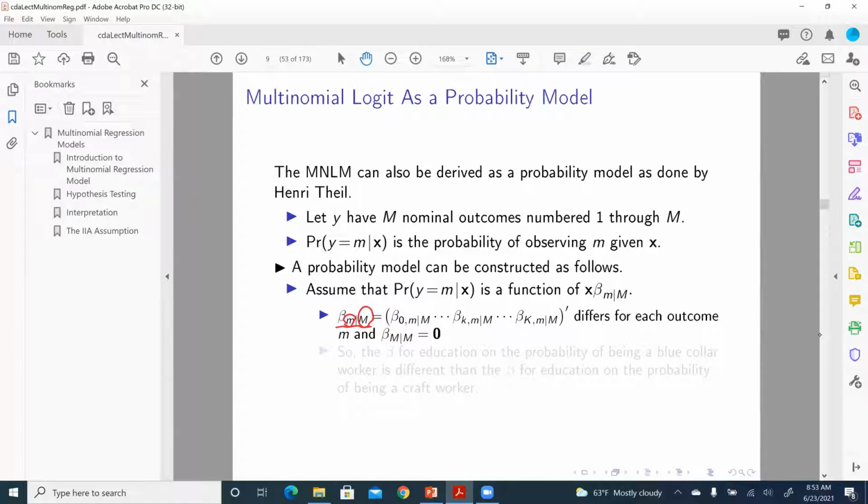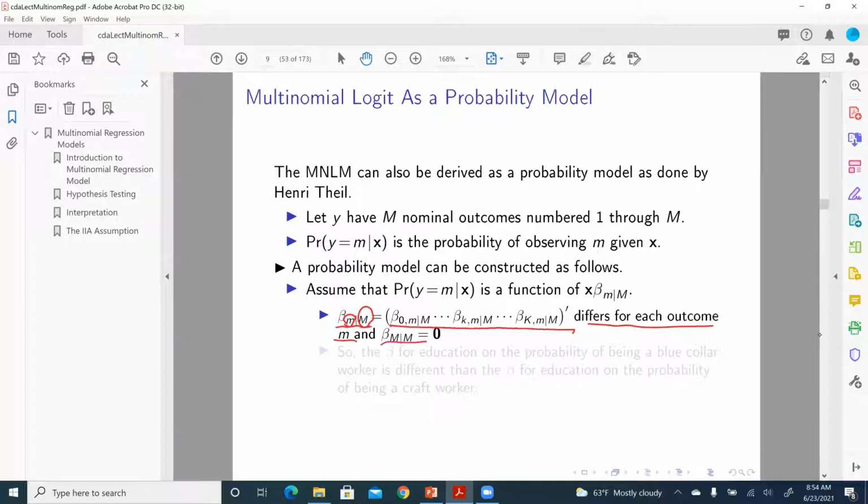The reference category could be any of these M choices, capital letter M choices. And this vector can be decomposed into these elements, or can be expressed as this array of numbers. Right? It differs for each outcome m,